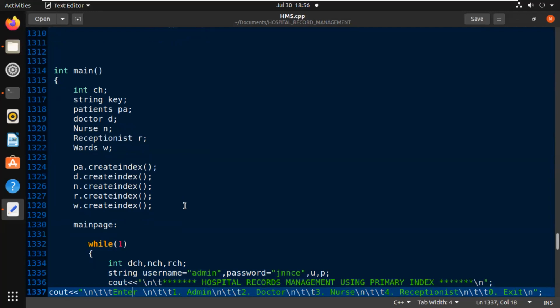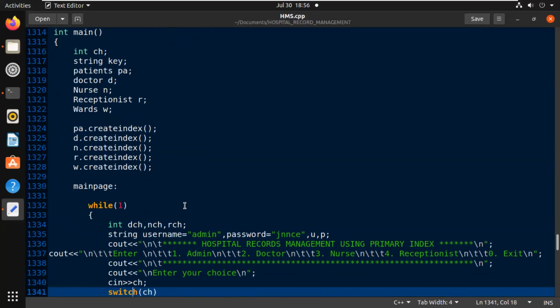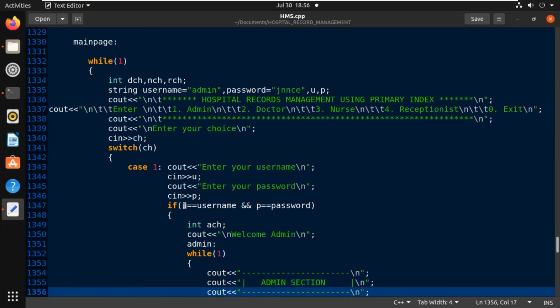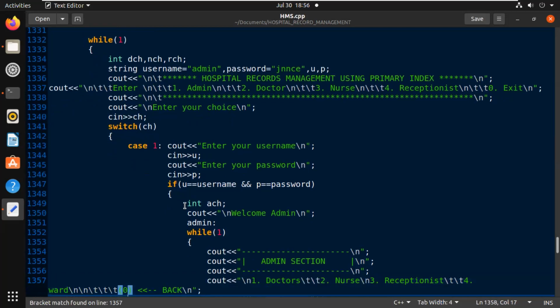Then we use a while loop, since we have to iterate so the menu can be displayed many times, and we use a switch case where we can enter the username and password for the admin section only for security purposes.